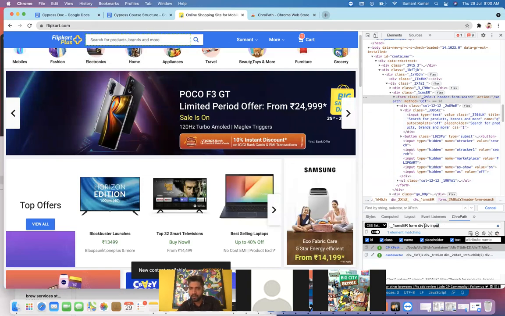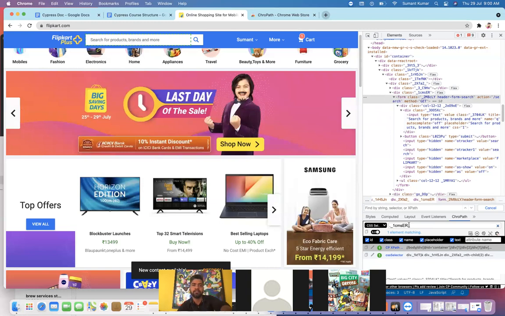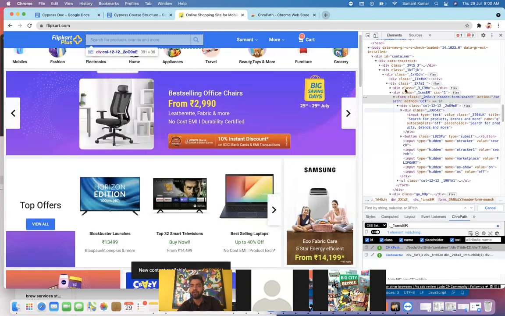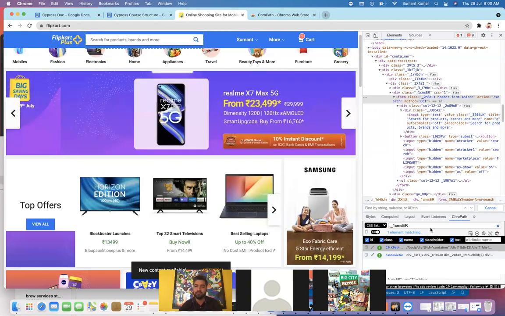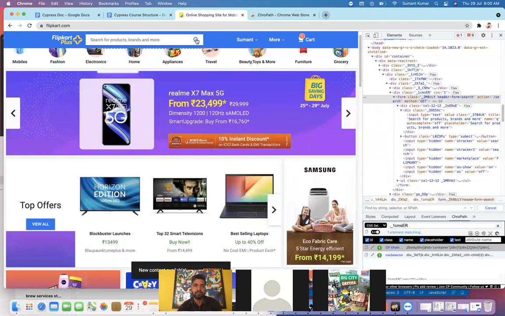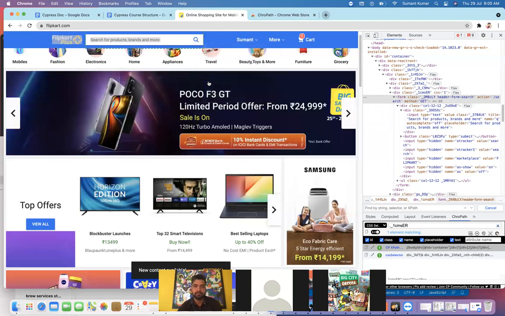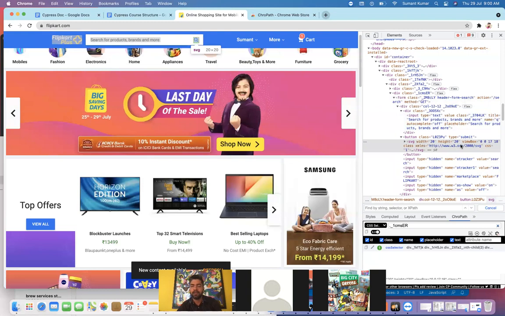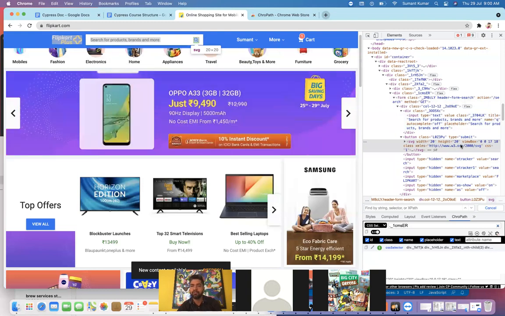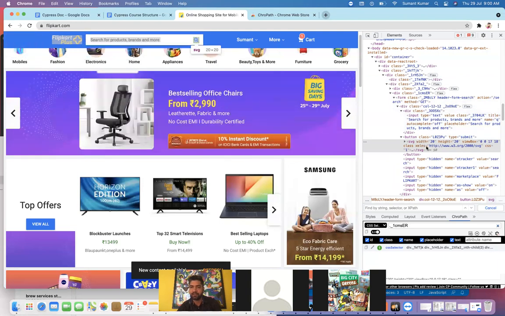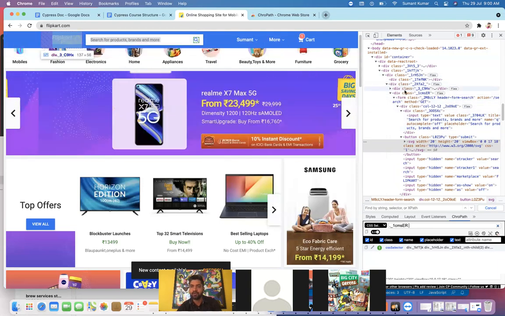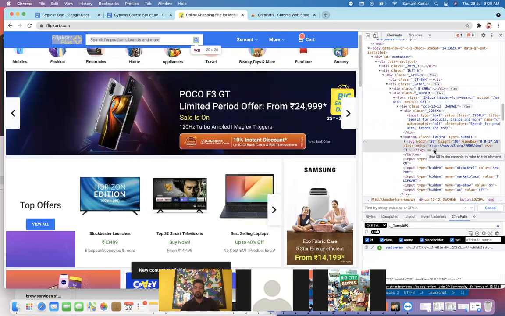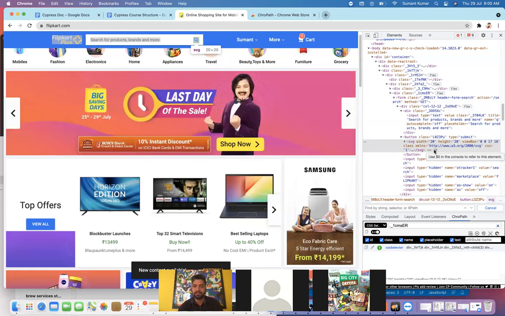If you remove this one, you can see on the left side it will highlight the outer border. So this is another way of writing the locator. When we use this concept, let's say I want to achieve this search box here, and I'm not able to write it with whatever properties are given, because that is not working properly. At that time, you have to move from parent to child. So let's say this locator is working, but the child one is not working. So we have to move from here to here. This is the fourth way of writing our locator with the help of CSS selector.